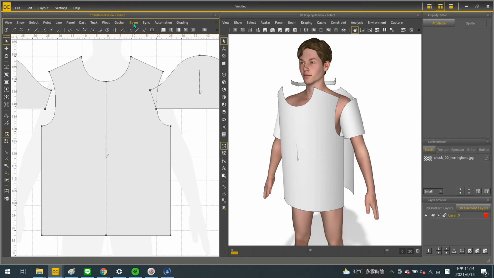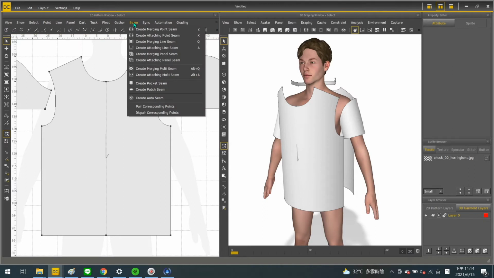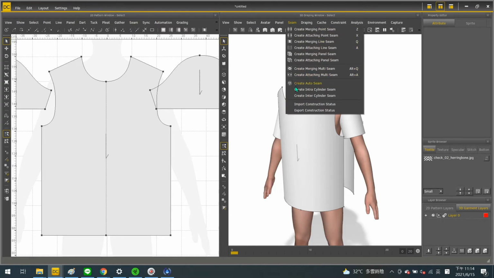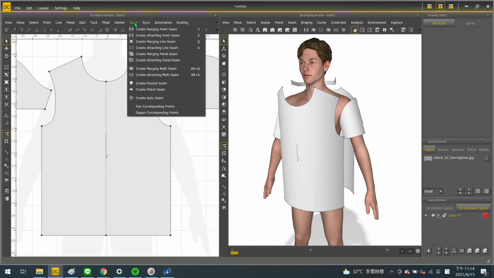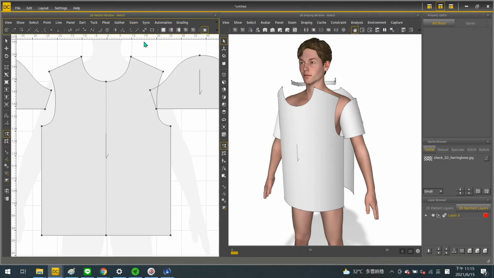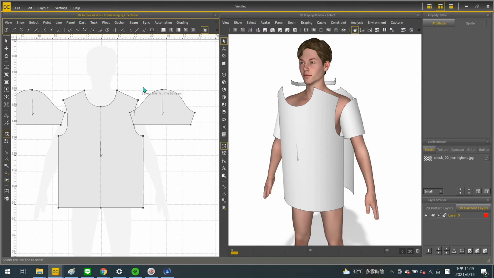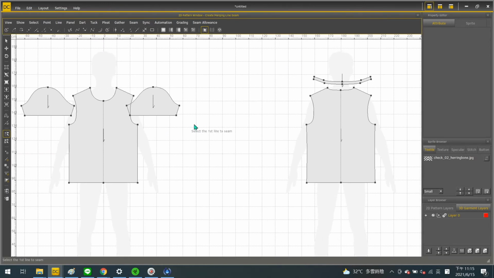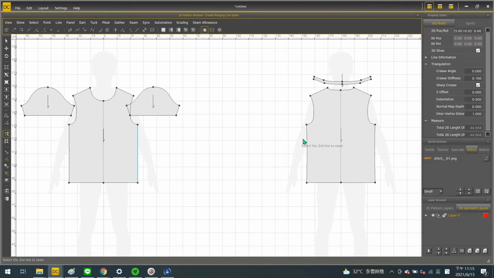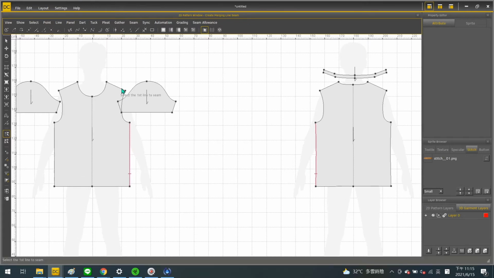With this exercise, let's work with merging seam. Seam is a function that works in both 2D and 3D windows, so you can find the drop-down menu here and here. You can choose where to work on it with your preference. My habit is to do most of that part in 2D, because it's really easy to see clearly which lines and panels I'm working on. By selecting two lines to be sewn together, you will see they are marked as blue with a swing mark. By pressing the Enter key, the seam between these two lines will be finalized.